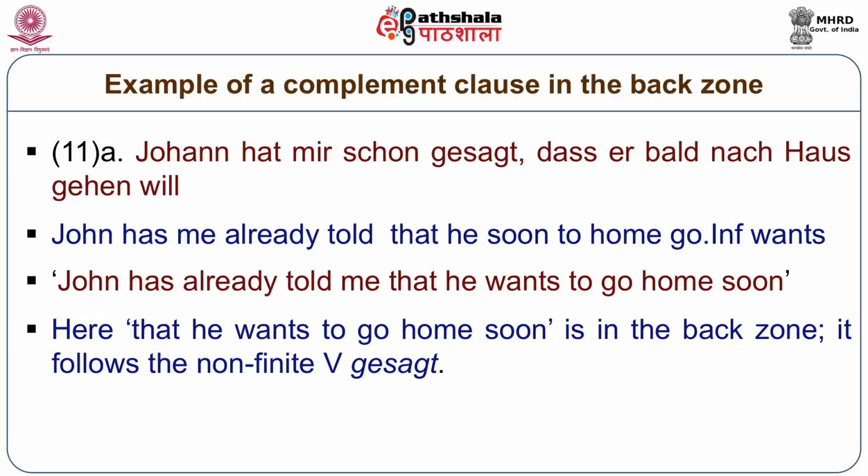What you've done in 11b is you've left the second goalpost at the very end of the sentence, gesagt, told, and you have tried to move the entire subordinate clause into the middle zone, the focal zone. The result is horrible. Nobody would dream of saying that in German. You can get a back zone not only in root sentences like 11, you can also get it in 12, where 12 shows the back zone occupied in a subordinate clause.